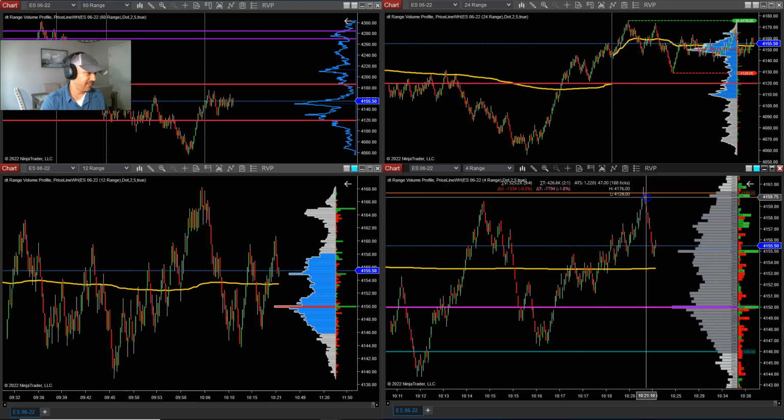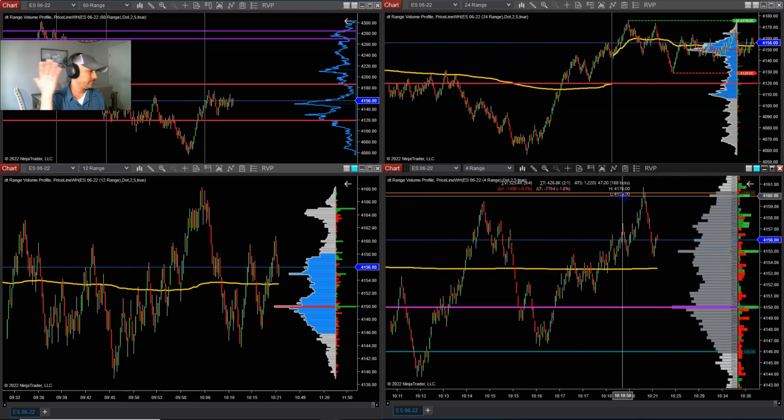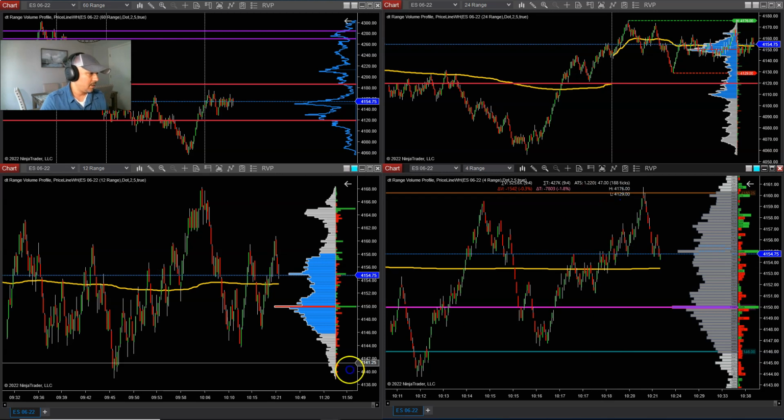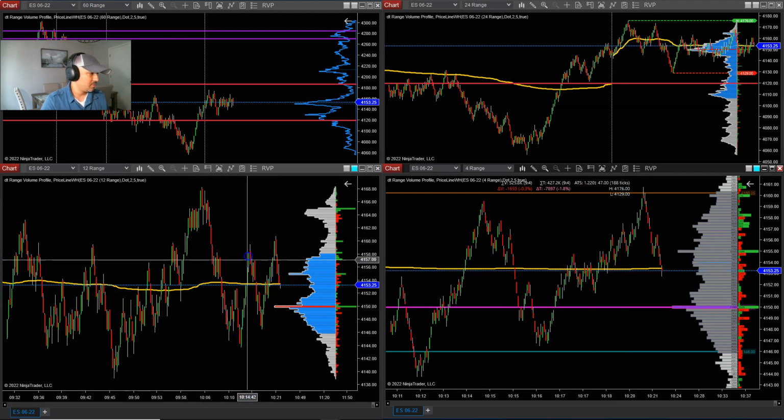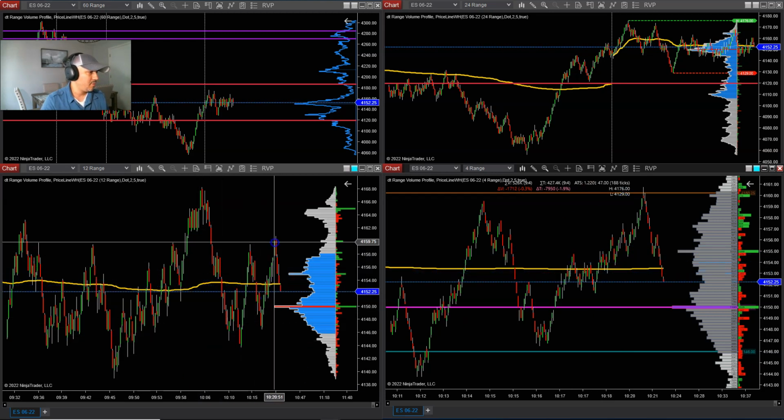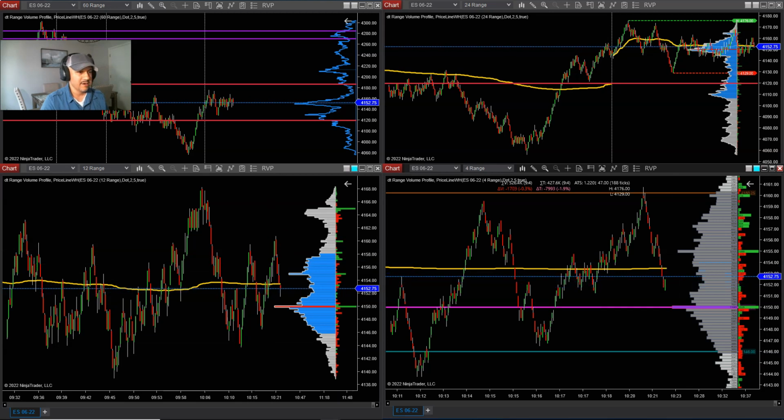This is like a V-shape kind of, well, you can say reversal, but in a sense, it went up there. So it's making structure, pushed up, pulled back, made a lower high, pushed up, made a higher high. Okay, so yeah,